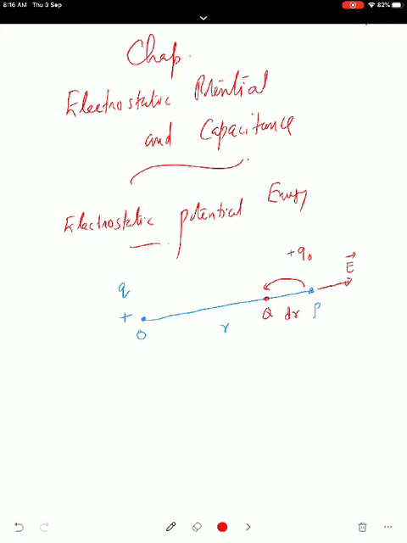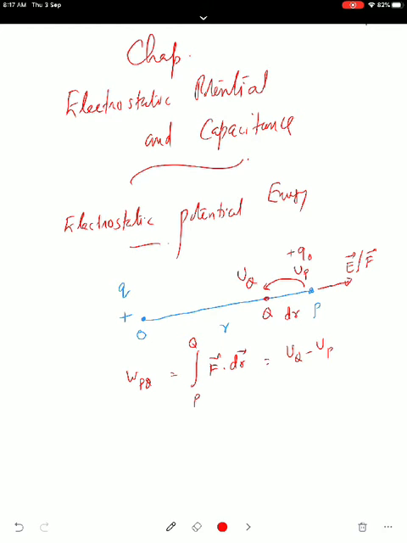W from P to Q is equal to, so you can take an integration. If the electric field is there, there will be a force acting on the charge. Force direction is also there. Electrostatic force is toward there. So this will be equal to F vector dot dr vector. Work has to be done against the force from P to Q. This is actually by definition what we call potential energy difference between these 2 points. Final point is Q, I am taking, initial point is P. So between these 2 points, potential energy difference.